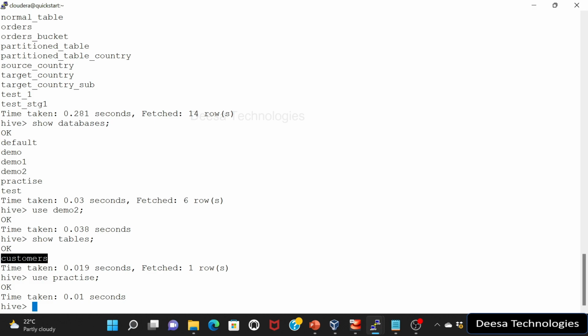So this is a simple way of how you can execute these commands from a file. And I hope this was clear, and I'll see you guys in my next